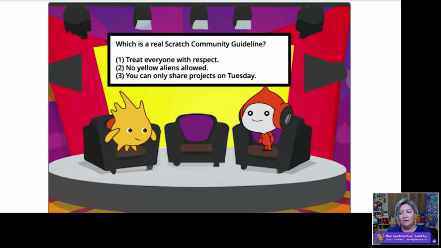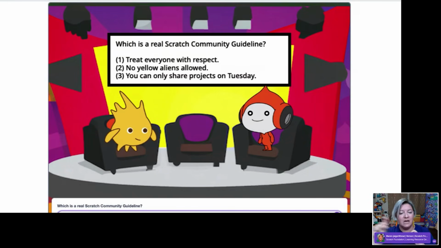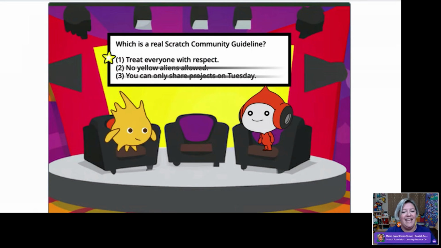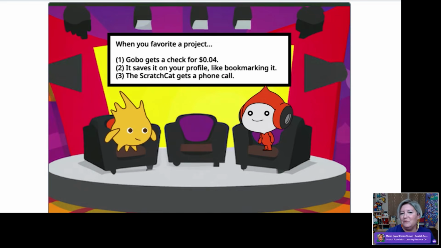Sorry, it's reading it out loud, so hopefully it's not coming across jumbled for you and not picking up that audio. But it's an opportunity to be able to explore the community guidelines, try out some conditional statements, do a little storytelling, and then you can add animation here. Fun things can happen, right? So it combines a lot of these ideas all together, which is a real community guideline. No yellow aliens allowed. We can try it. No, sad. And then it tells us what the right answer is before we move on to the next question.